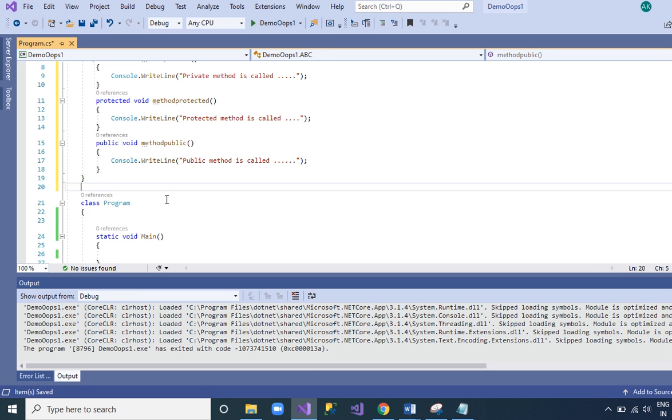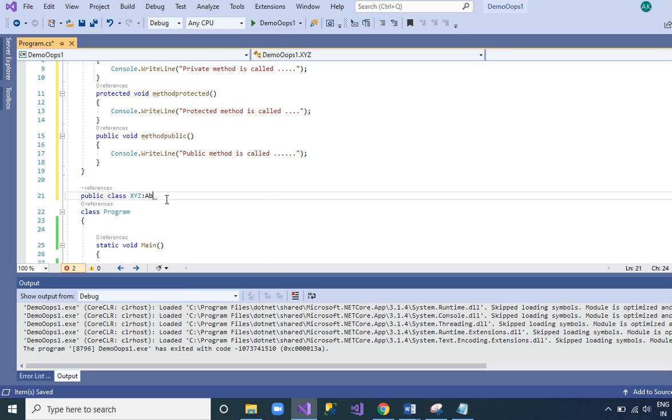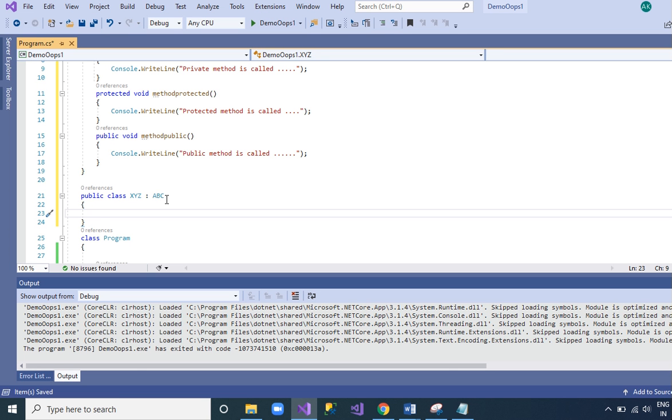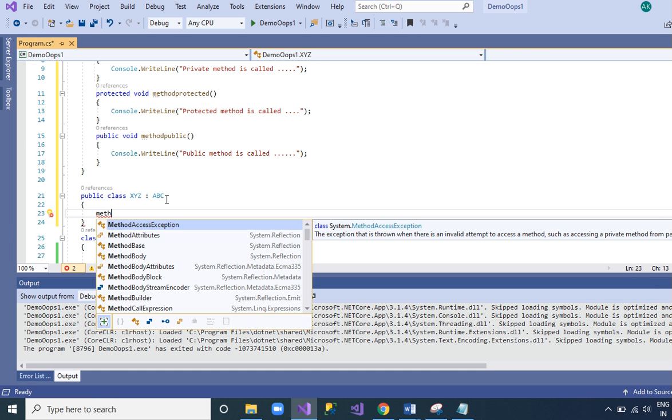Now we can create another class, public class, suppose XYZ, and we inherit the class ABC. In this class we can call the protected method.